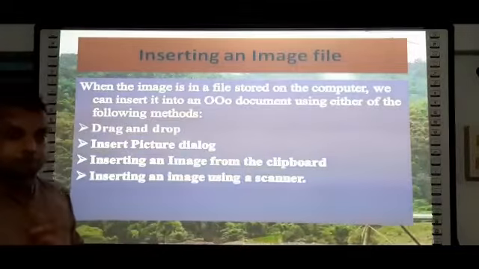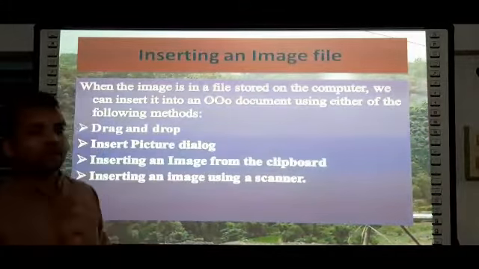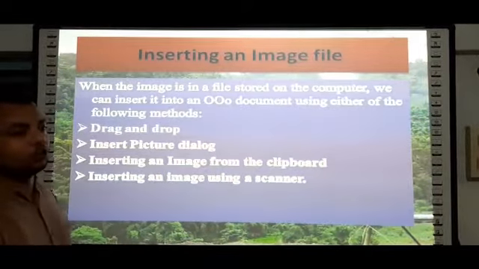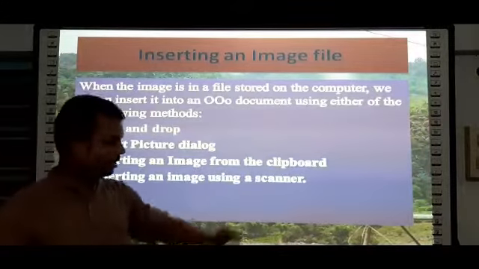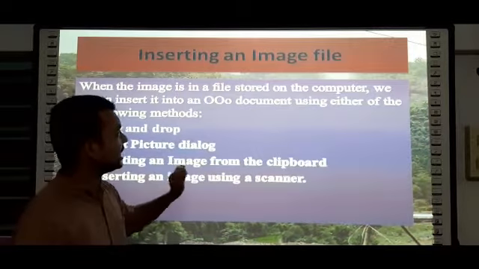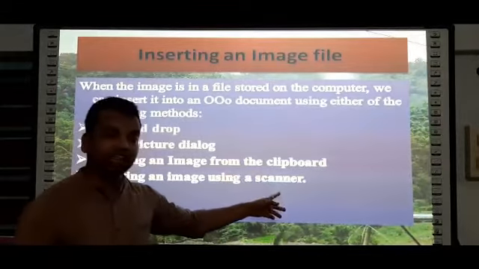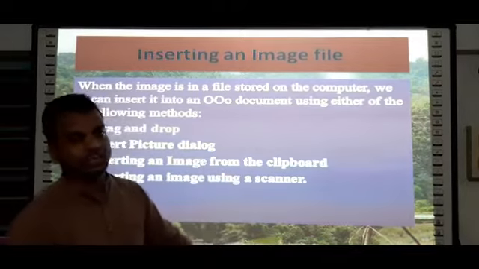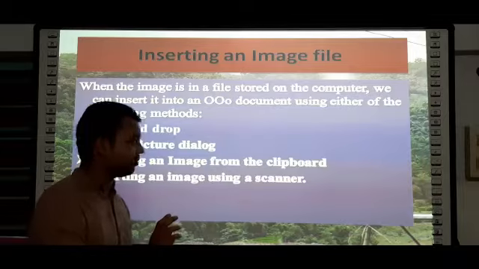Once a particular image is copied, it is stored for a temporary duration of time in that particular clipboard, and once again if we would like to use it in the document, we simply go ahead and click the paste option, and it will be inserted. Okay, then the fourth method by means of which we can insert an image file is using a scanner. We don't have a scanner physically present in front of us, so I will simply depict the steps, but these 3 things I will discuss by showing them in front of you.